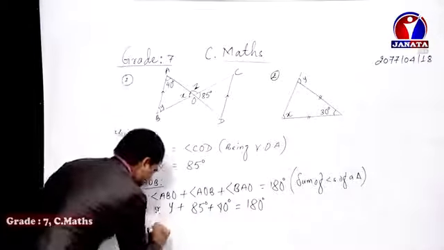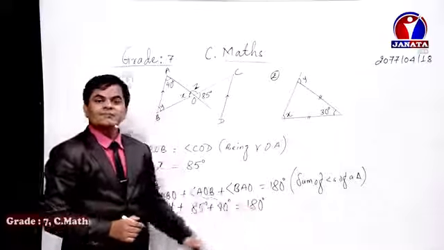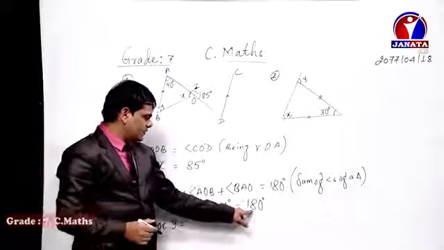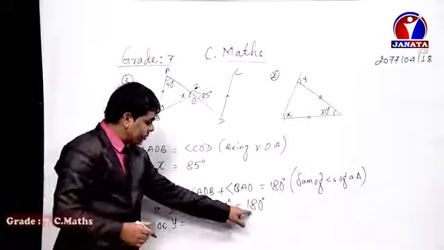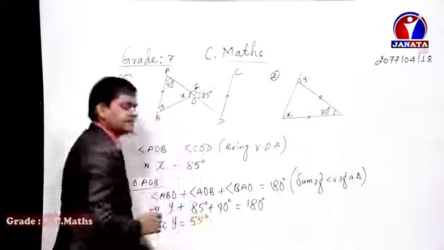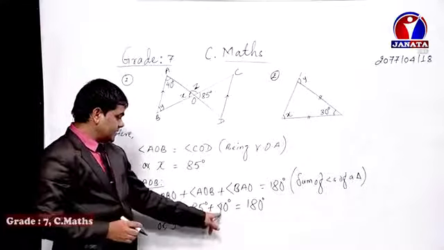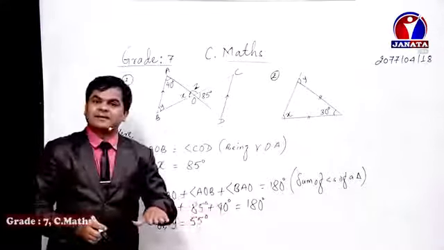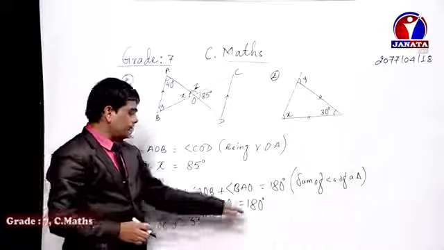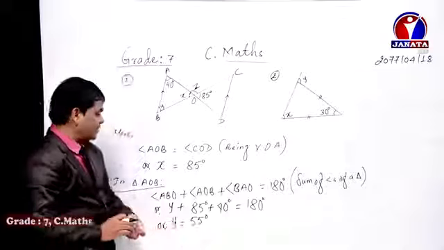Now to find Y, Y equals, if we take this to the other side, it will be minus, isn't it? And 85 plus 40 is 125. When we deduct 125 from 180, it will be exactly 55 degrees, isn't it? 180 minus 125 degrees. By combining together, this will be 125. And when we take a plus term from the right-hand side to the left-hand side, we need to change the sign as well. So it will be 180 minus 125, which equals 55 degrees.